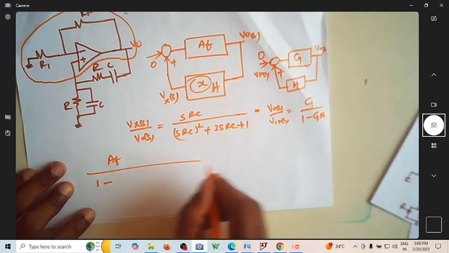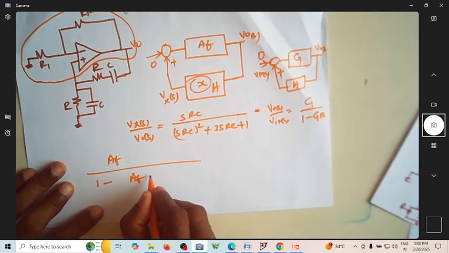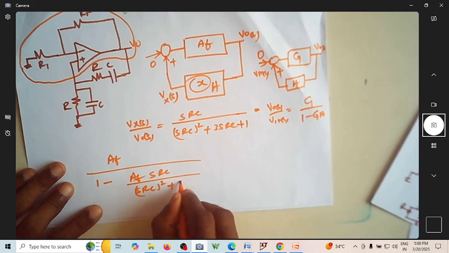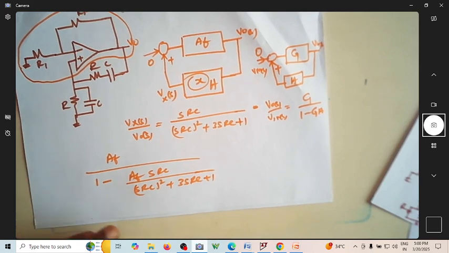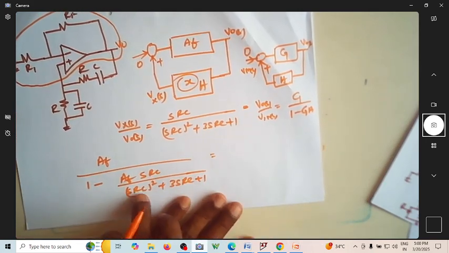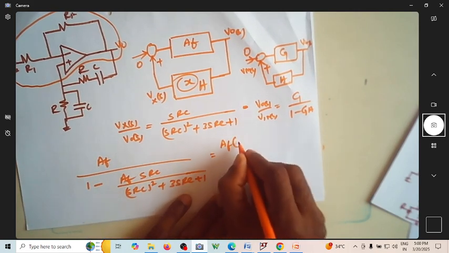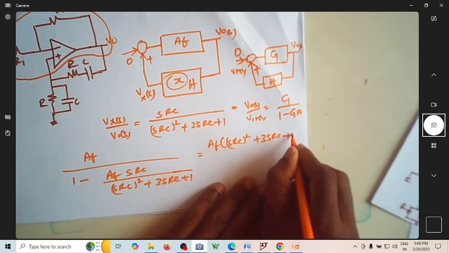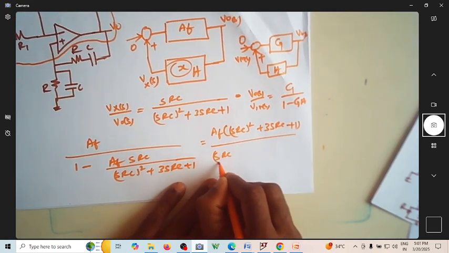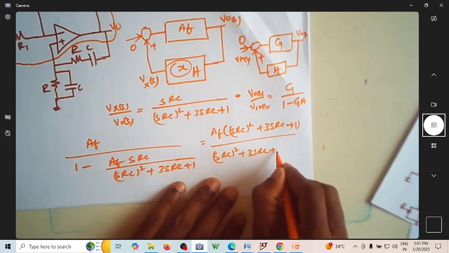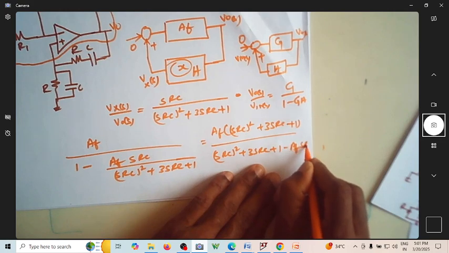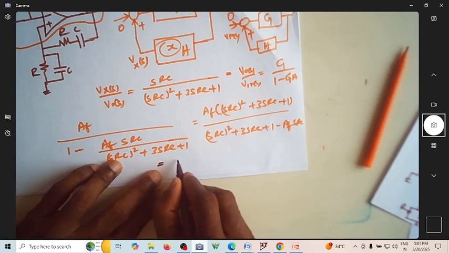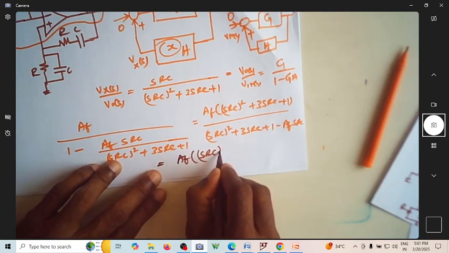Divide by 1 minus G. What is G? It's again AF. But what is this H? This H is SRC whole divided by SRC whole square plus 3SRC plus 1. Correct? Upon simplifying, I'll take the LCM and take it onto this side. Is it not AF into SRC whole square plus 3SRC plus 1 divided by SRC whole square plus 3SRC plus 1 minus AFSRC? This is AFSRC. So can I further simplify and write the transfer function as AF into SRC whole square